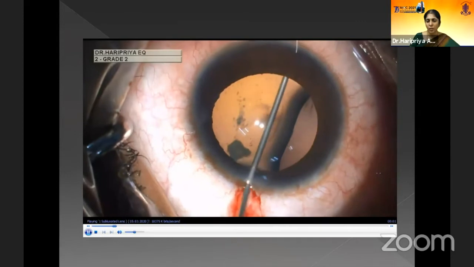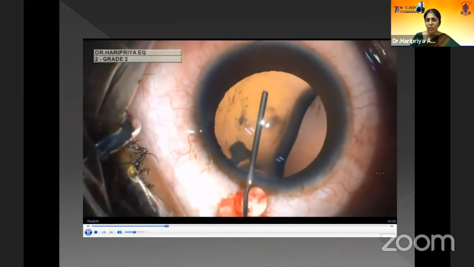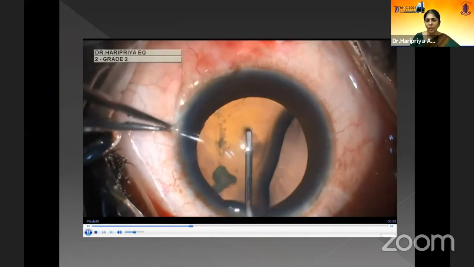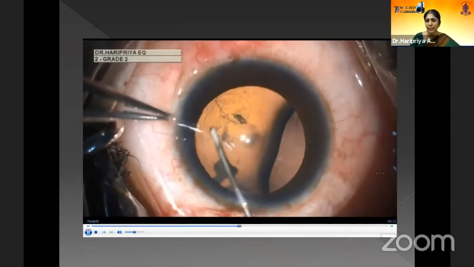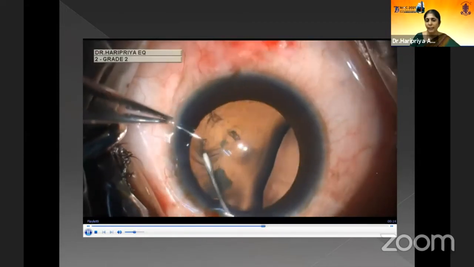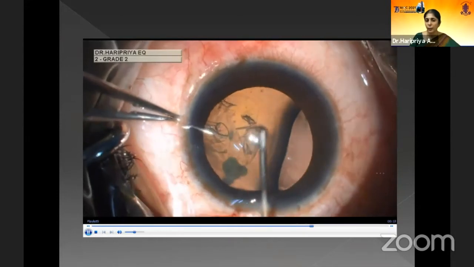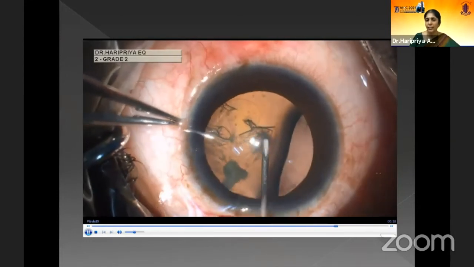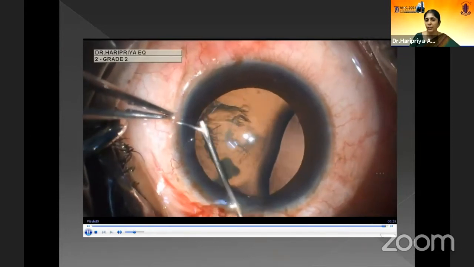In this patient, the subluxation is significant, but if you note the lens is not too wobbly, so it's adequate to go with your cystotome for the rhexis. Start the rhexis at the area where the zonules are intact. This way one will have counter traction. As you progress to the site where there is subluxation, it has to be slightly smaller because there's a high chance of extension to the periphery if you make it large on that side.